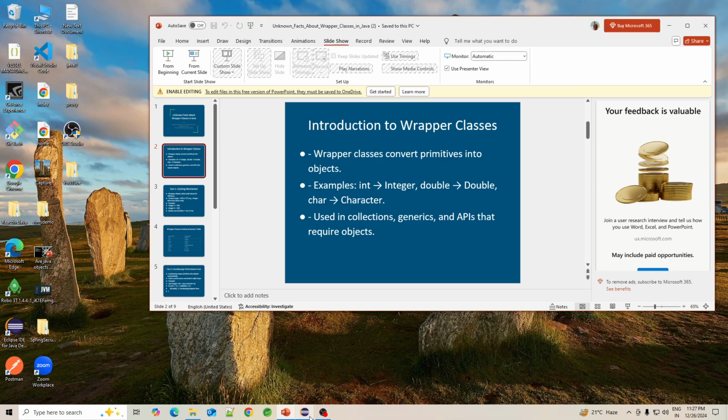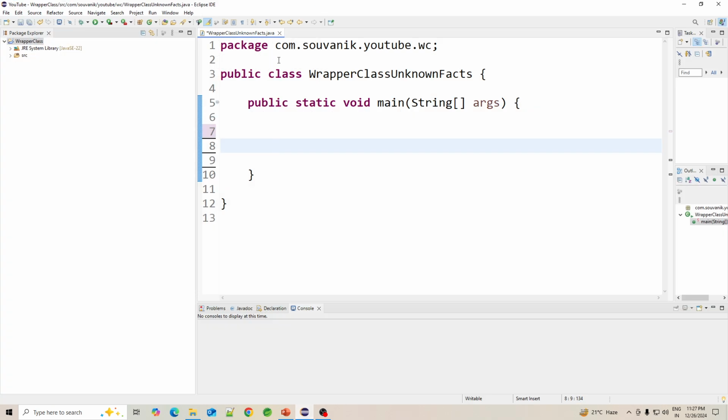I have already opened my Eclipse and created one class. The class name is WrapperClassUnknownFacts. Now I will create one wrapper class object. How can we create it? I will just declare a variable of type Integer, as Java already provides the corresponding wrapper class object for the int primitive data type, that is Integer.